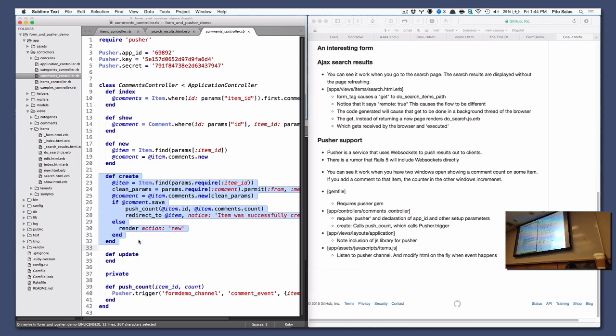Okay, so we look at the create action because it's called when I create a new comment, and it does the usual thing, and then it calls this method push count, and it says what the ID is of the item that just got commented, and how many comments that item has right now. So just 2 parameters. And then we look down to push count,